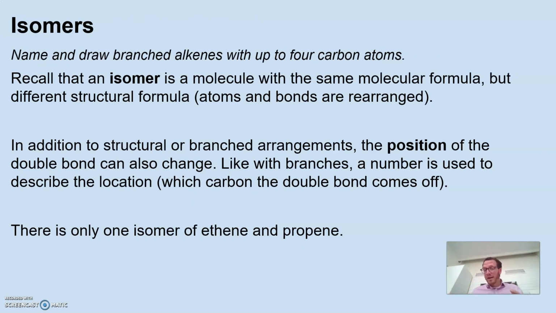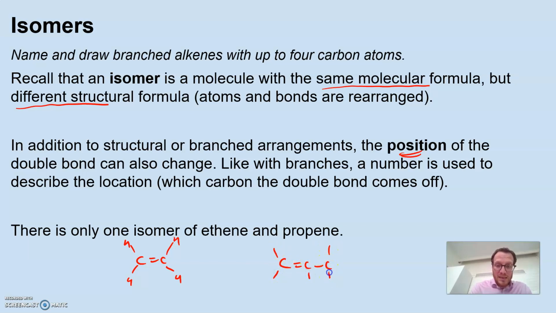Recall this idea about isomers: they have the same molecular formula, but a different structure. A difference with this type of structural diagram is that we can change the position of a double bond. Like with branches, a number is often used to describe the location of the double bond. There's only one isomer of ethene and propene because there's no other way that I can represent it. So there's ethene, here's propene, and although it appears that I could represent it like this,